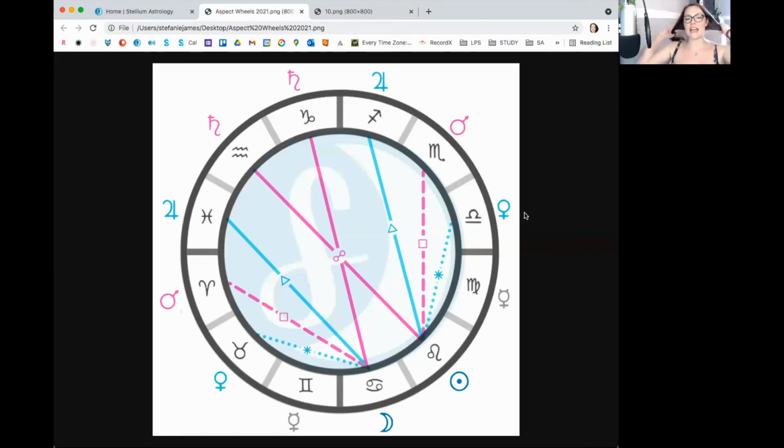So now we kind of understand how the aspects have been given their nature and their quality. What exactly are the aspects doing between the planets? So actually, like I've said as well, it doesn't have to be that the sun is square Mars and therefore that has got a Mars feel. It could be that the sun is square Mercury, or in my case, Mercury is square Saturn and Pluto.